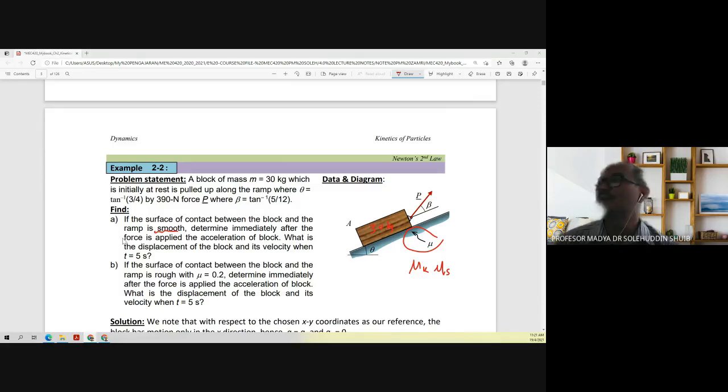So we neglect friction for case A. For case B, we have a surface roughness of 0.2, so we need to consider the calculation of mu, which is friction. Find the acceleration of the block immediately after the force is applied. What will be the displacement of the block and the velocity